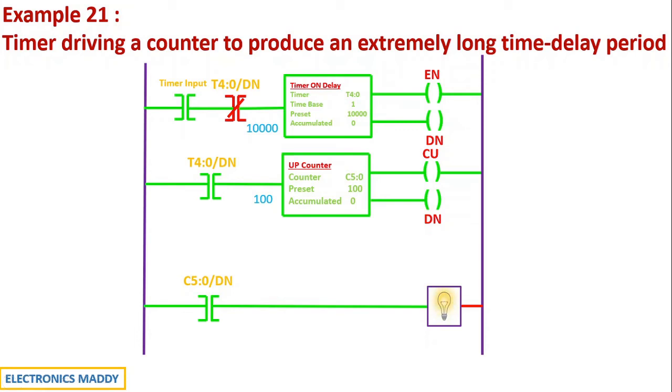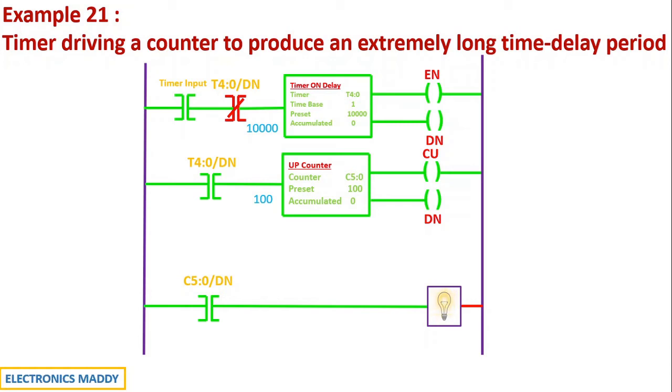Now what are we able to achieve with this? Point number one, timer has driven this counter. How do we say so? If you carefully observe, the address of this timer is used over here, which acts as the input to the up counter. So in this particular fashion, we will be saying that this timer is actually driving this counter. Okay, we have understood this point.